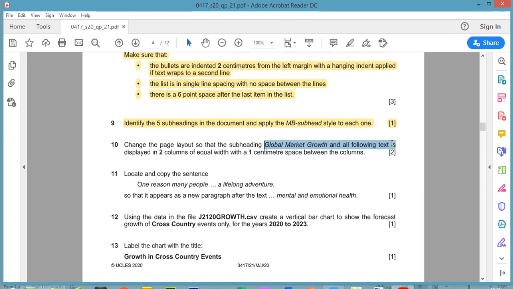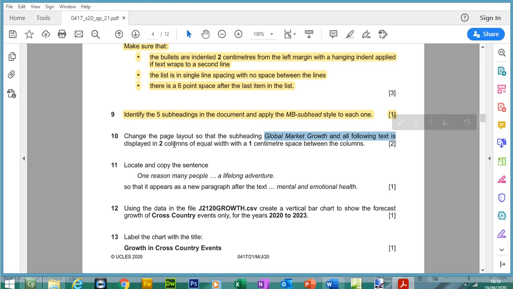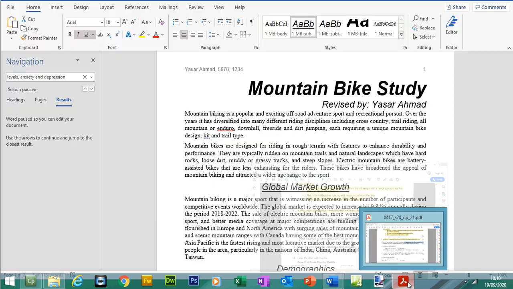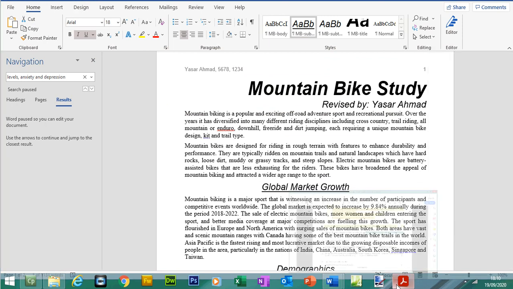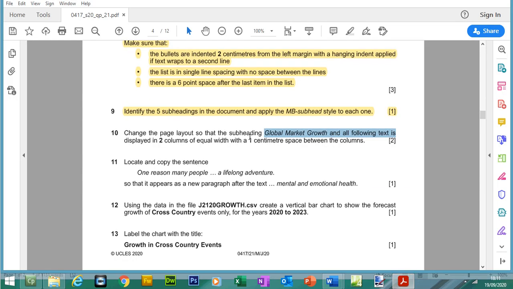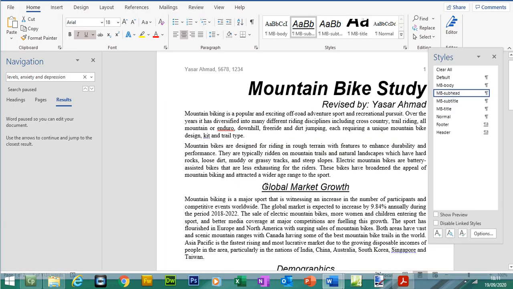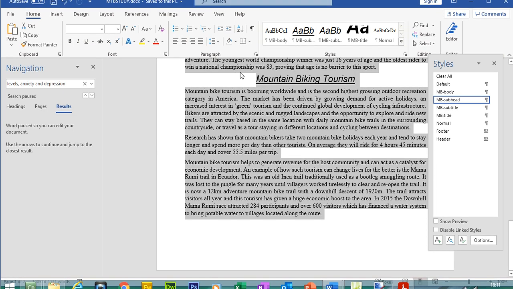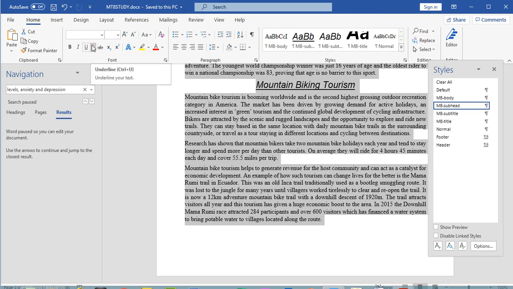Okay. Question 10. Change the page layout so the subheading Global Market Growth and all the following text is displayed in 2 columns and there's an equal 1 centimeter space between the columns. So Global Market Growth. Yeah, so do we include this text? So that the subheading and all the following text, yeah. So let's highlight